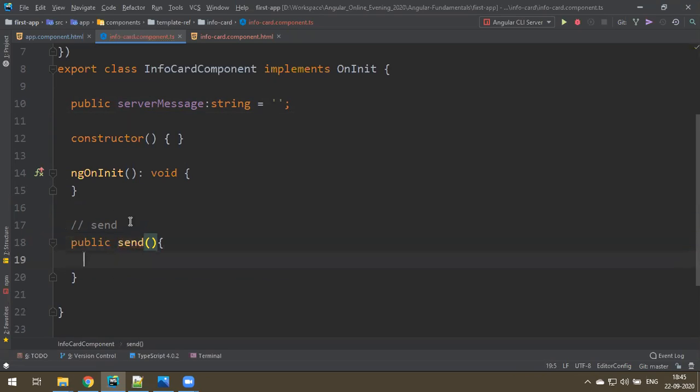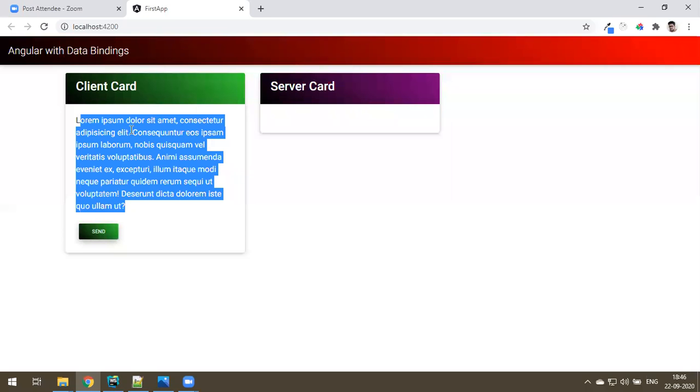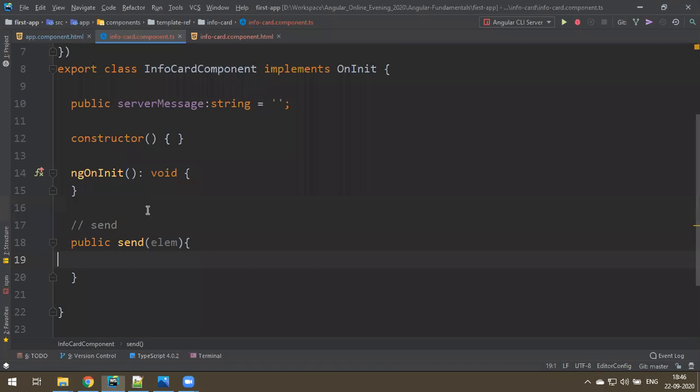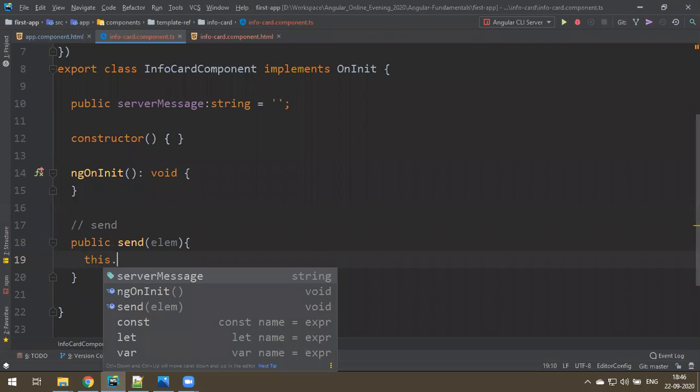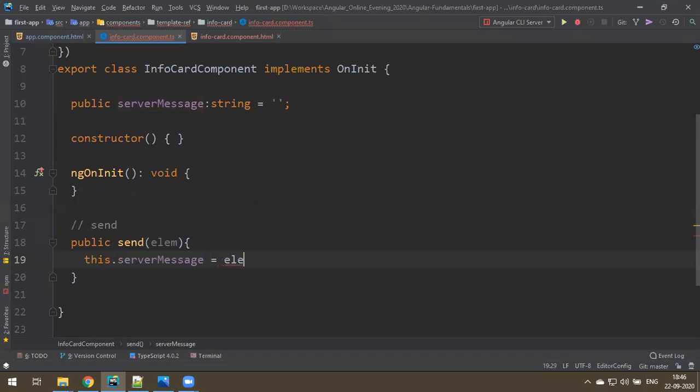What this send method is doing is, it will receive something. It will receive some element, and we want its inner text. You can do it like this: this.serverMessage is equal to element dot.